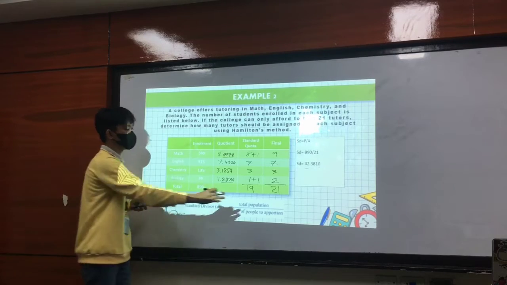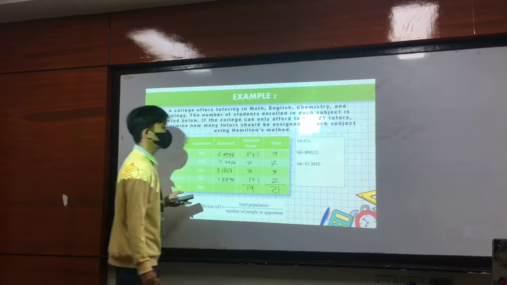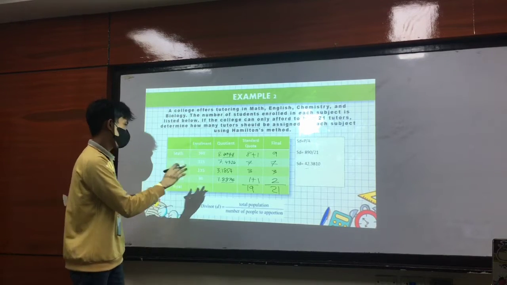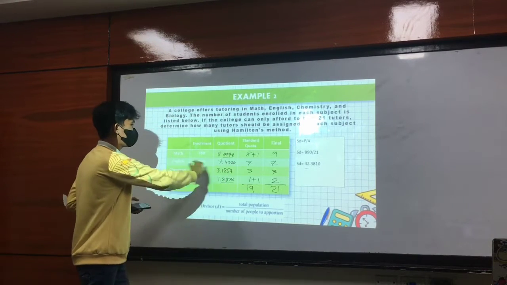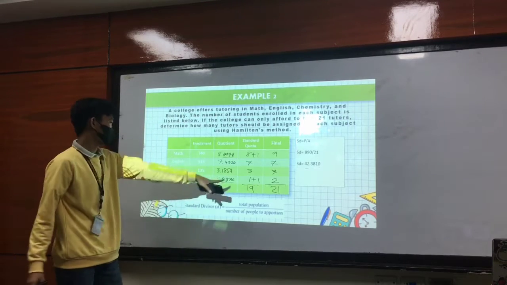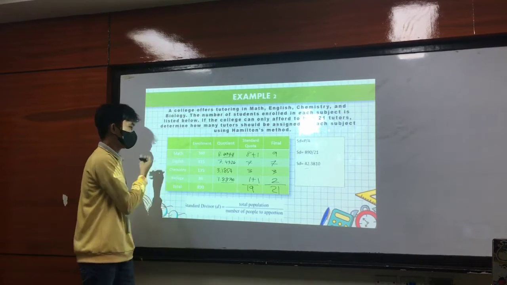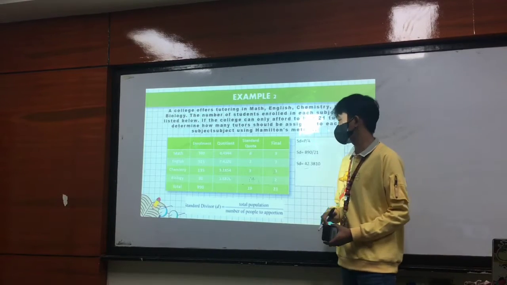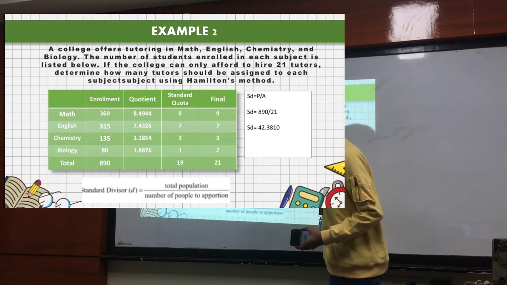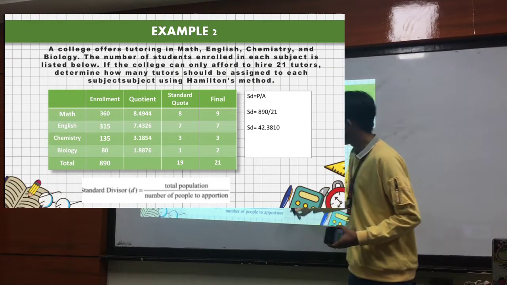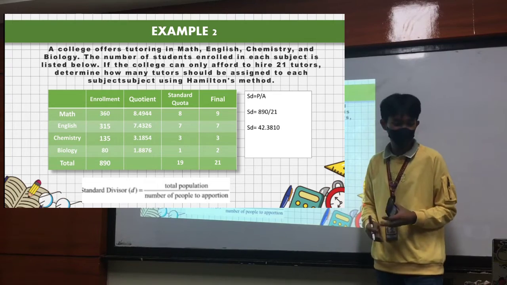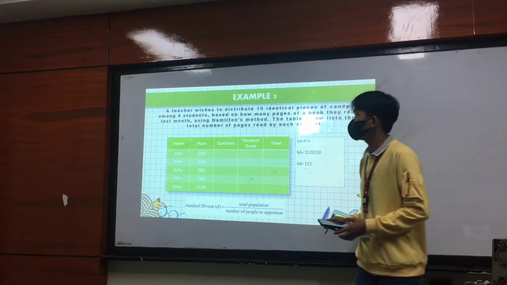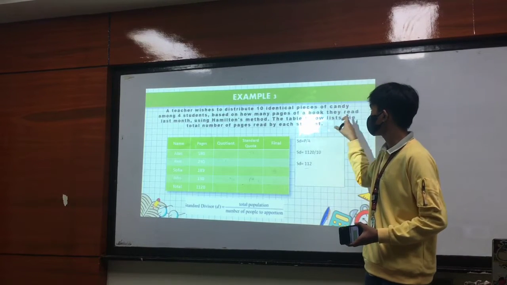So we got here the 21 tutors. In subject math, we got 9 tutors. In subject English, we got 7 tutors. In chemistry, we got 3. And lastly, in biology, we got 2. Here's the result in a nice table. As we got 21. So next example here, a teacher wishes to distribute 10 identical pieces of candy among